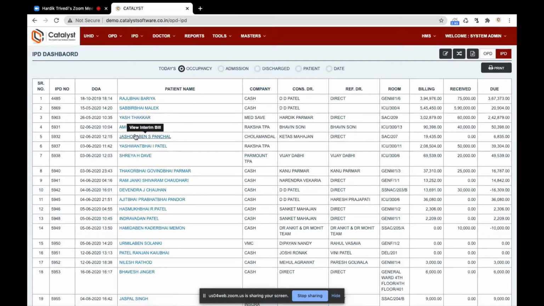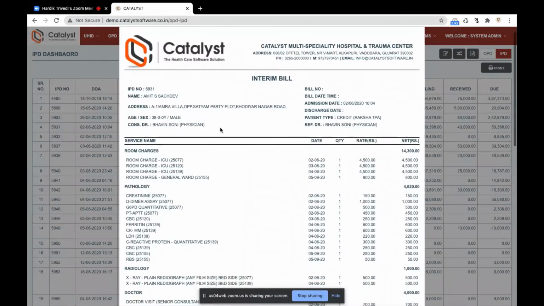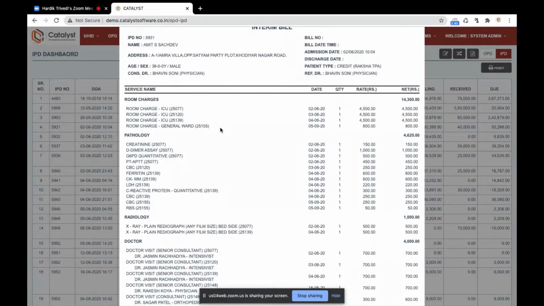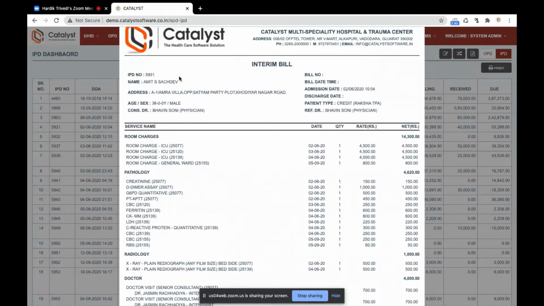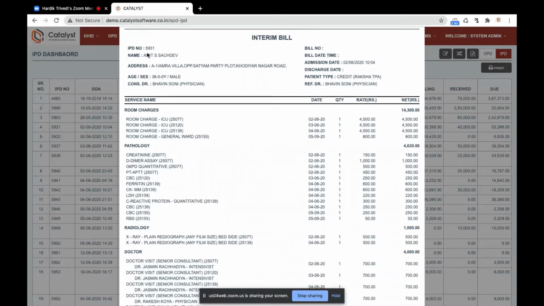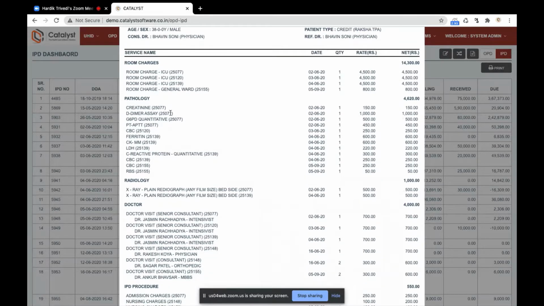If a patient comes to pay their bill and inquire about their payment status, the reception simply clicks here on the patient name, and this is the bill format. In the initial section, it will be the patient detail, means the name of the patient, address, age, gender, XYZ. In the next section, it's the service detail. What are the services provided by the hospital to the patient, day by day.